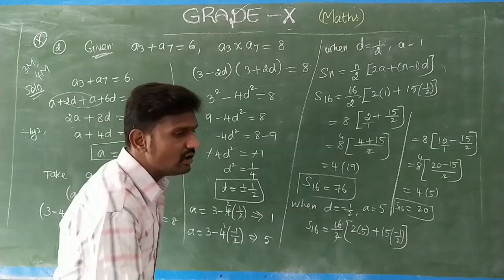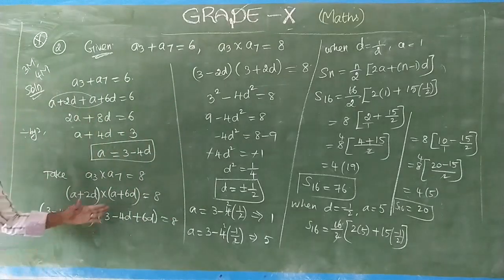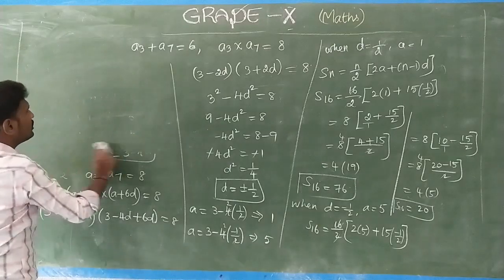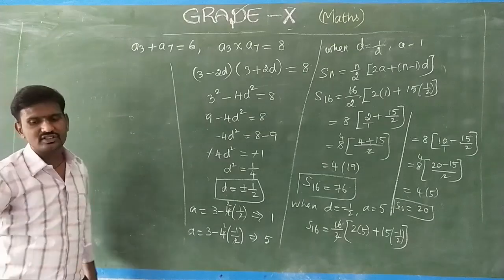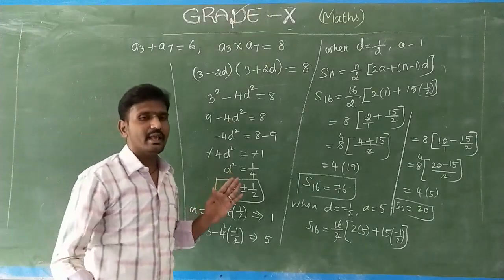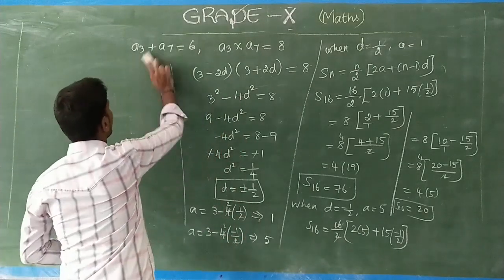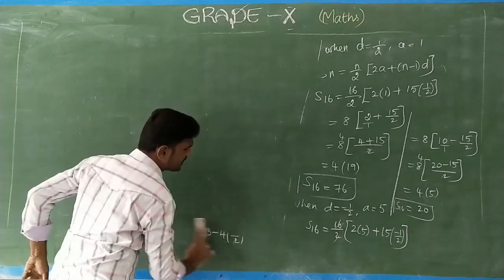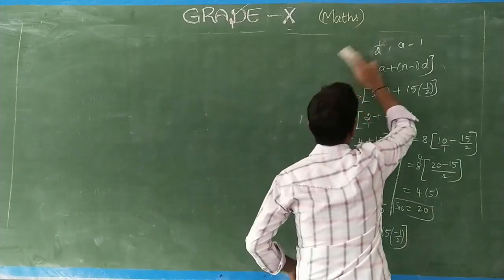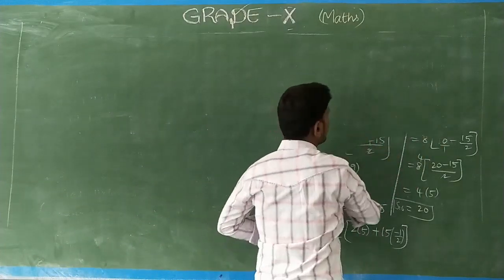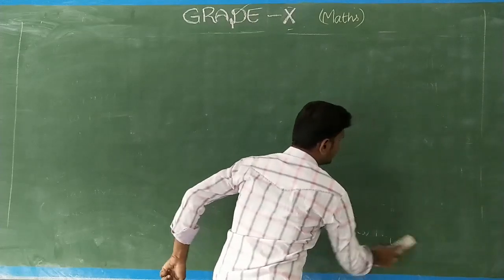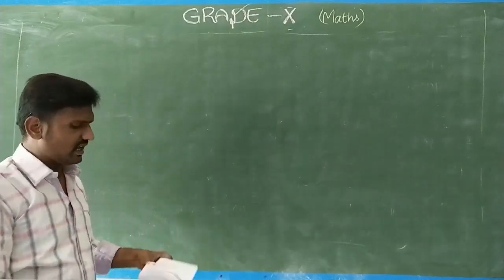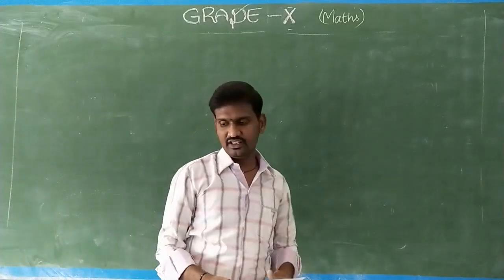Yes. I hope you are thorough with this chapter after this sum. At the same time, now I am going to give you some very important questions from the same chapter of arithmetic progression. This question is expected the maximum number of times in a board exam. So those paper questions only I am going to give you now. This is not in your book. I read the question and I give you the answer also. Yes, student. Fine.